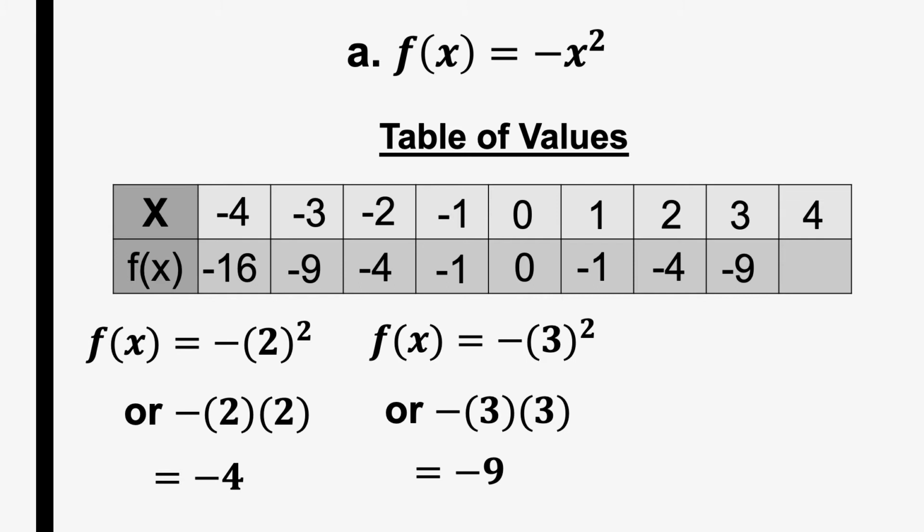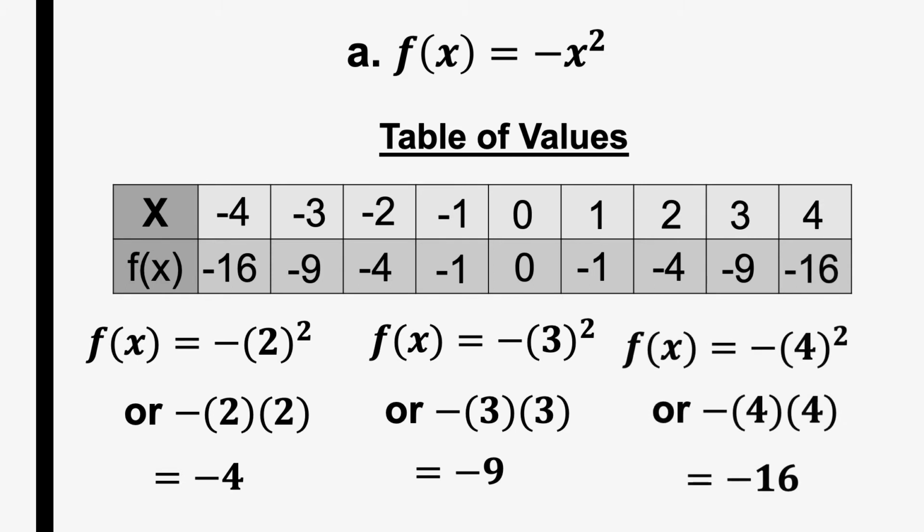And for the last value of f of x, we have f of 4 is equal to negative times 4 squared, or we can rewrite it as negative times 4 times 4. Our answer will become negative 16. Now, for the next step,